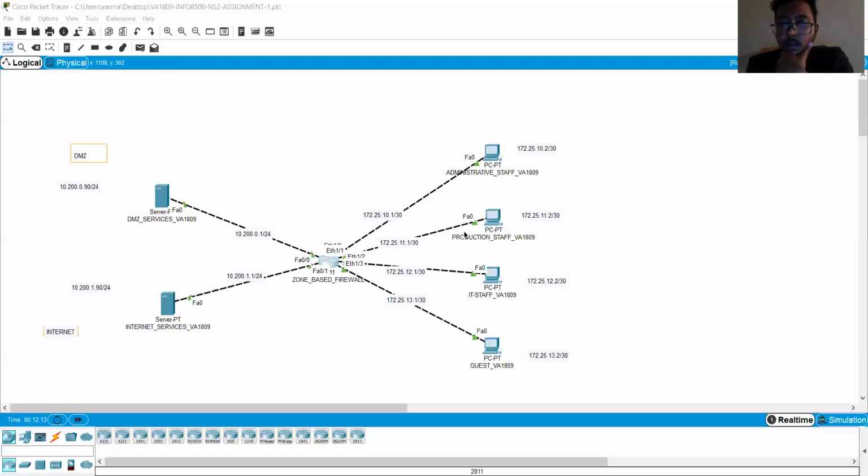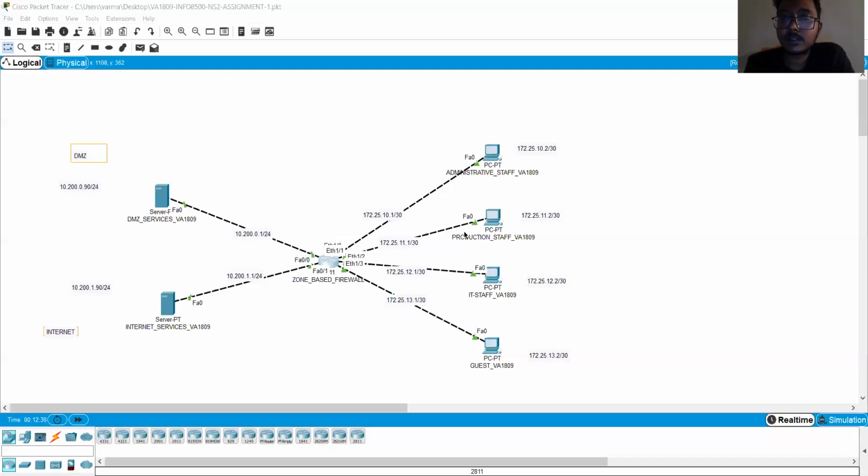Finally, there is the NAT protocol for the internet host. The traffic from the internet server should pass through the NAT protocol through this IP NAT pool. So it allows all the traffic to and from the internet.